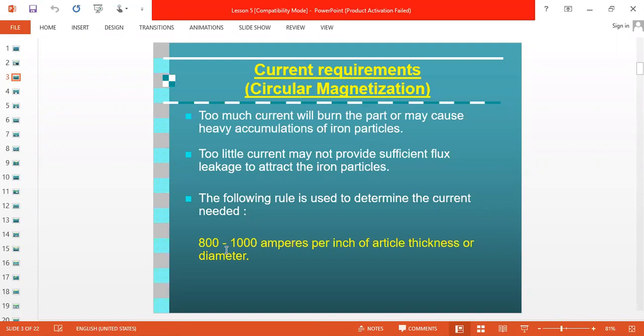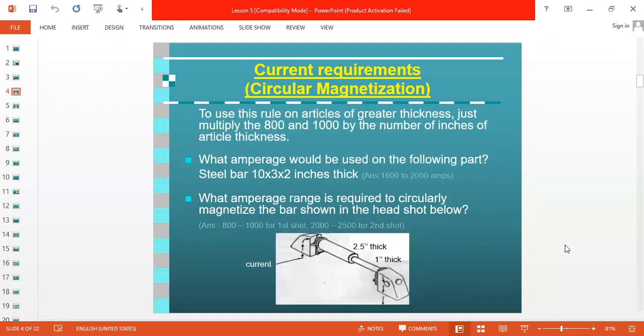Here we are just seeing that the current calculation is a little bit different for different standards. We can calculate this current as per procedure while we are doing magnetic particle testing. We can't use this formula there, or any formula, because we have to work as per the approved procedure. So don't worry about that.